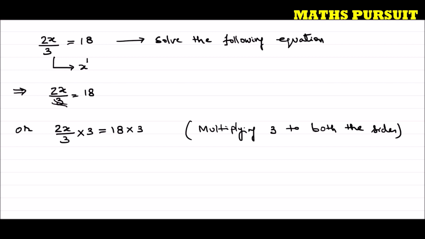Here the operation is multiplying by 3 on the left side of the equation. We multiplied 3 to the left side, and for that reason, we multiplied 3 to the right hand side of this equation. Hope guys you understood this. Till here I am very clear.